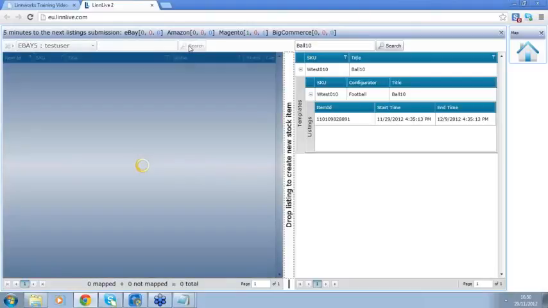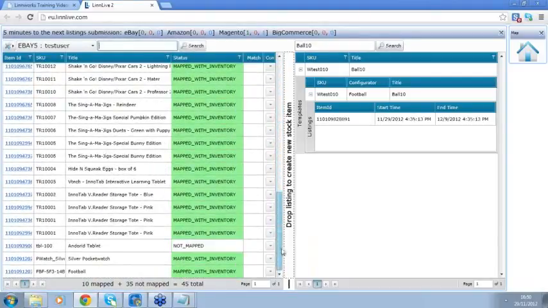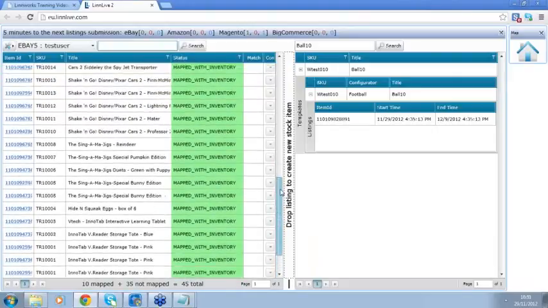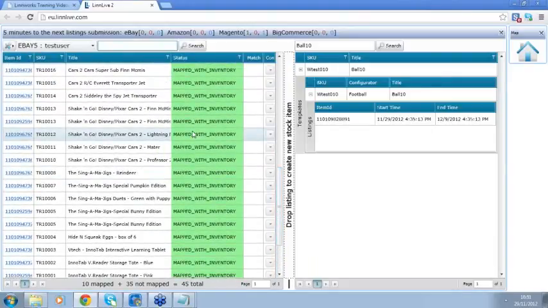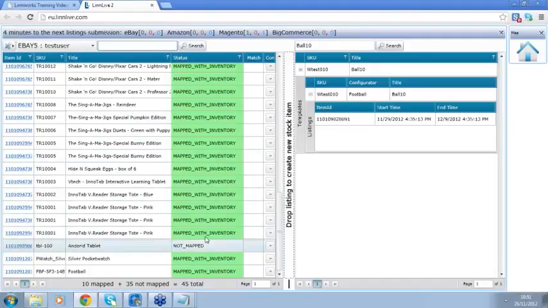If you randomly search for all our items, we can see a number of different statuses. Mapped with inventory means that your listing, which is on the left-hand side here, has been mapped with inventory on the right-hand side here in Linnworks, but the actual template does not exist in LinnLive. If you see the status says not mapped and the color is white,